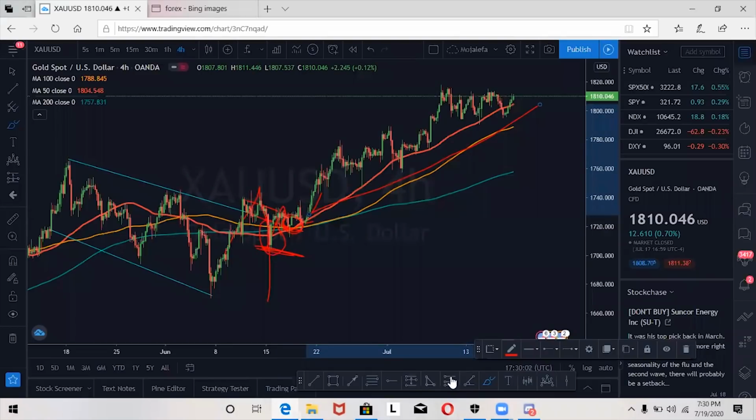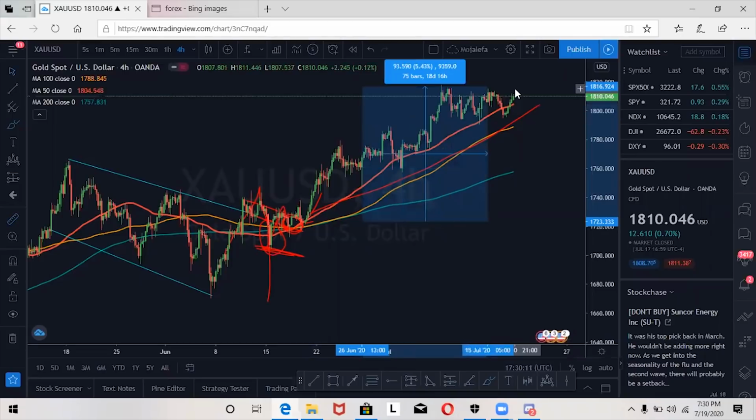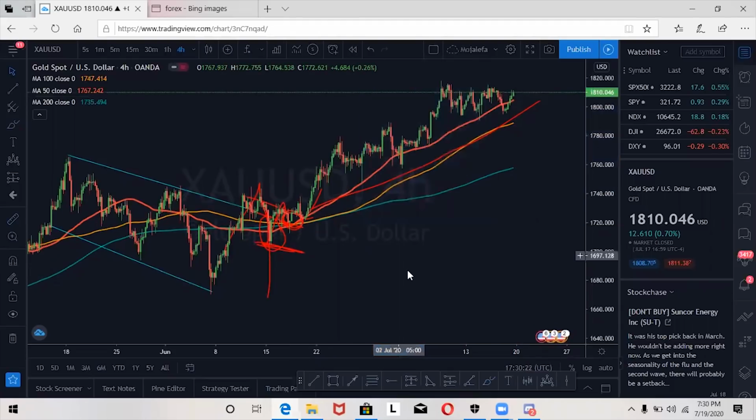The MAs crossed again. So meaning if I was using this strategy, I was going to still be holding this, and maybe you see I could have accumulated a lot of pips here, but overall I could have made 5.43%, which is nice. Which is nice, guys. So this is how this strategy works. It's more like the MA strategy for a swing trader. So you can use it if you want, but